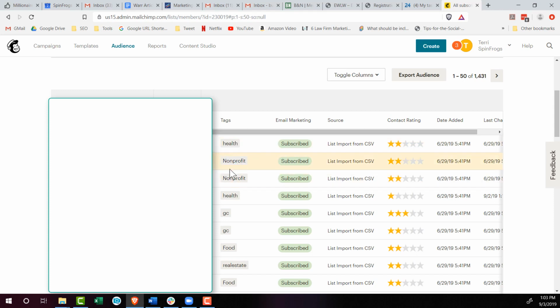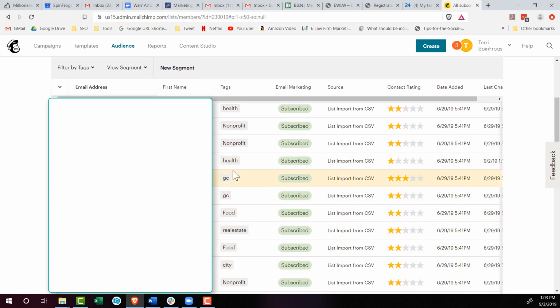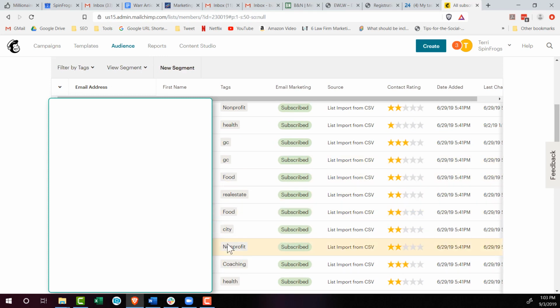So I have mine tagged based on what they do. So like she's a health provider, she's in a nonprofit, she's in a nonprofit. So I have them listed. He's a general contractor. So I have them listed by industry here. So that way when I send an email, I can send it to a targeted list,